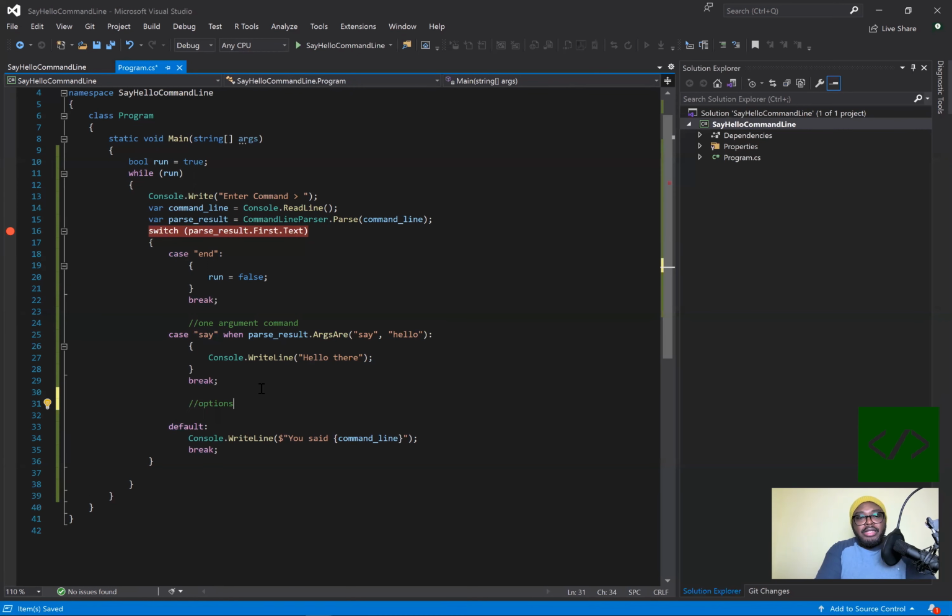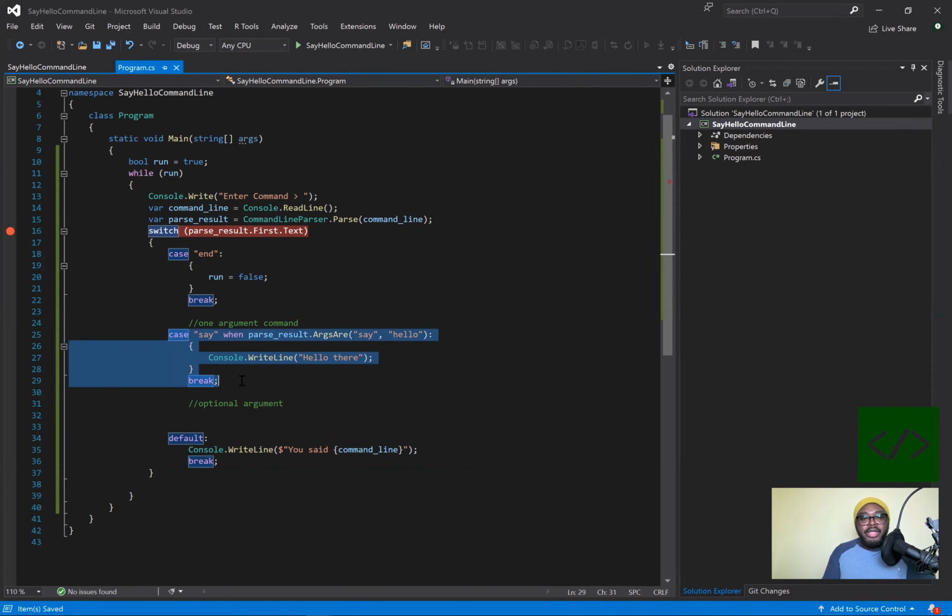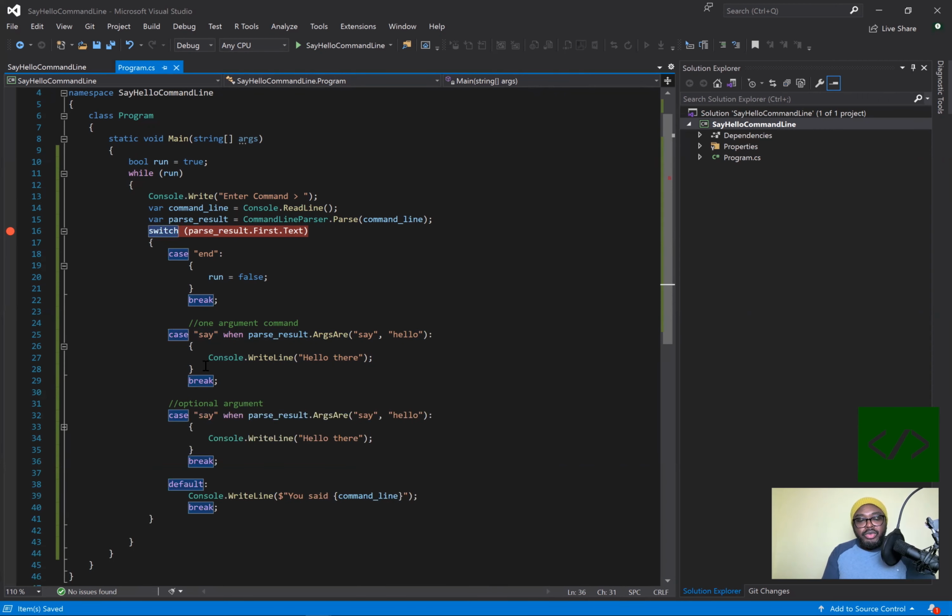So let's add an optional argument to it. In this case, we're still using the case say. So I'm going to copy that over here to start as a template. We still are checking say first. But over here where it says hello, we can now use the or the pipe symbol, and then we can